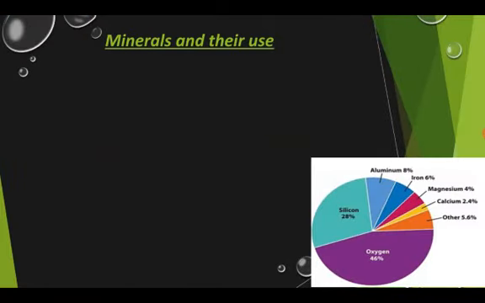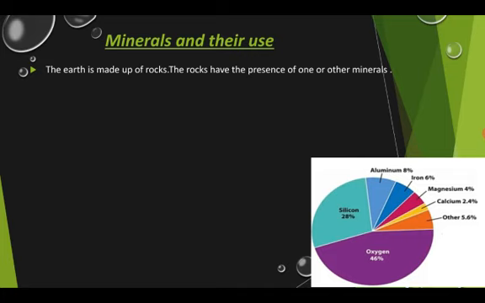Now we come on to the last part of the chapter. It is minerals and their use. मिनरल्स क्या हैं और उनका उपयोग क्या होता है. Minerals: we know that the earth is made up of different rocks, and all the rocks have the presence of one or the other minerals. Here we can see the pie chart.